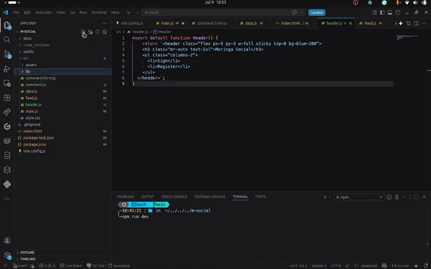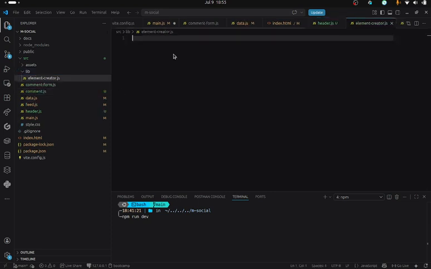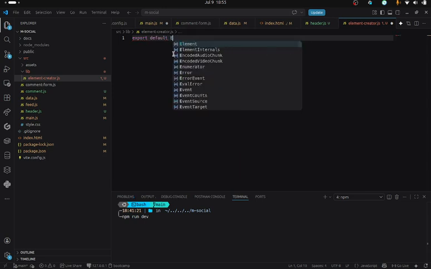We can call it elementCreator.js. Let's just export it. Export default function